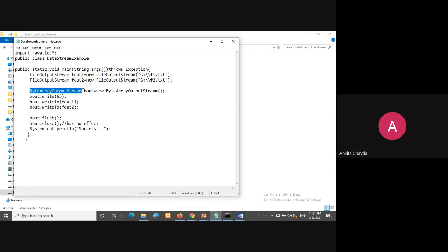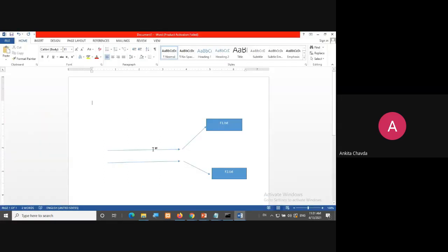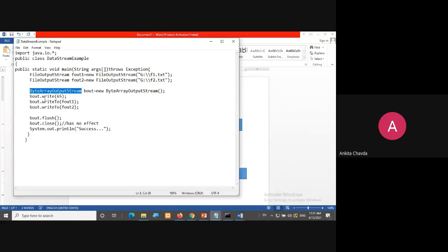Now over this pipe, I am writing bout.write(65), which means I am writing A, and from that byte array output stream I am sending it to the other file streams, which are objects of file output stream, fout1.